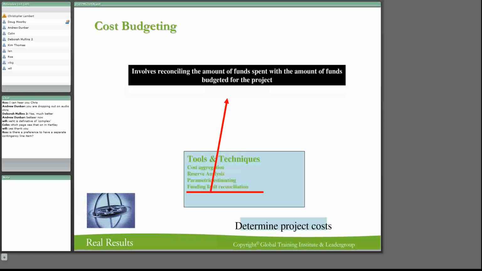That's not a good idea at all. It's much better to actually have a reserve that's stipulated outside of that. And then your parametric estimating. So you're going to say, well, if I have got,